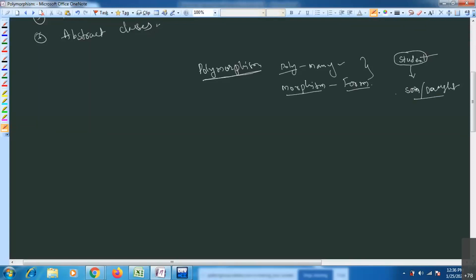At home, for your mother and father, you are the son or daughter. For example, when you are in some playground, the same person, the student, when he is in college, you are calling him a student. When you are at home, you are the son or daughter. When you are at your playground, I'm calling the same person a player. We can call like this, right?